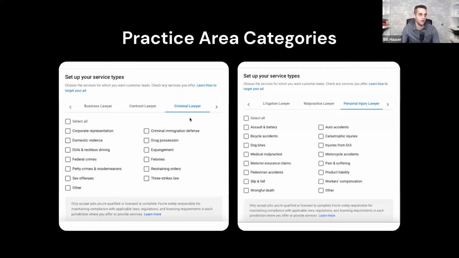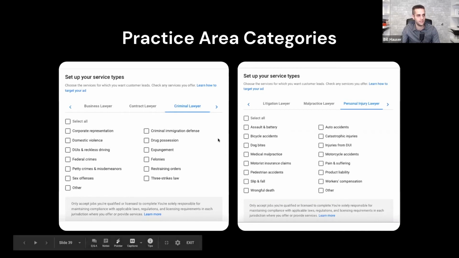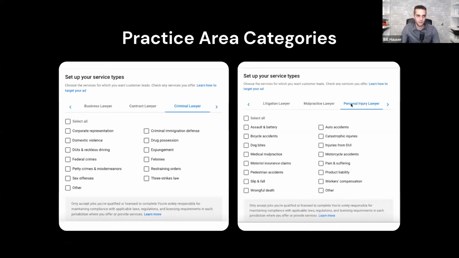Now, within local services ads, there are multiple categories that you can select, a lot of categories based on what type of lawyer you are. Under personal injury, for example, you can select all these extra niches of personal injury. Criminal lawyer, you can select all these different niches of criminal defense. Now, there are tons of mistakes that you can make in this process. For example, if you're in personal injury, you don't want to select the category litigation lawyer, right? Because that's going to pull in real estate litigation, all these crappy calls.